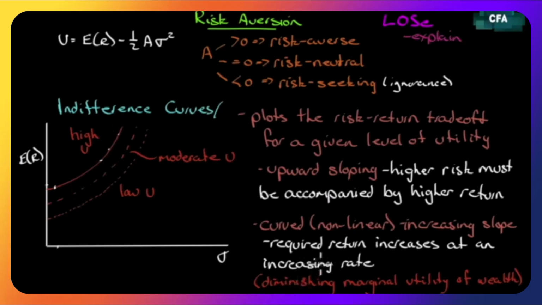It's also attributed to something called the diminishing marginal utility of wealth. If I'm getting a certain type of return for a certain type of risk, that's already quite a bit. A little bit more is not going to impress me, which means to take on the next bit of risk, unfortunately, you've got to give me even more return because, well, I'm already at this level of return. Another incremental level doesn't impress me. You've got to keep going higher and higher. So we can use that argument as well, diminishing marginal utility of wealth.